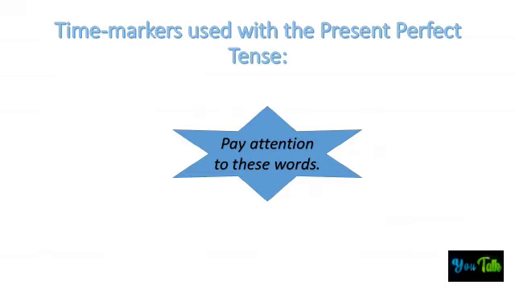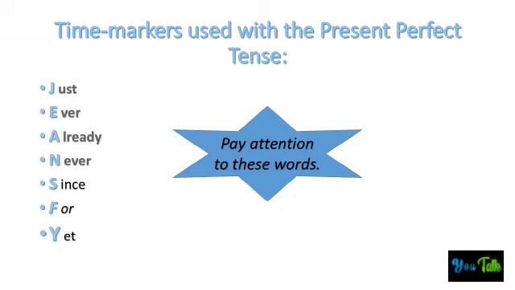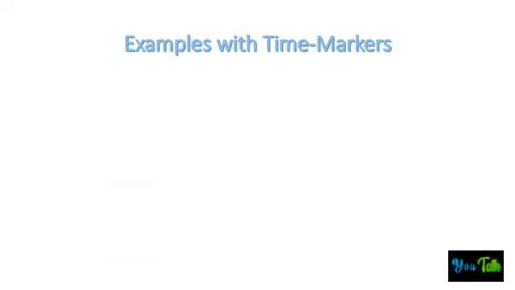Now, pay attention to these words. These words will help you to know that the verb must be in the present perfect tense. These time markers are just, ever, already, never, since, for, yet. Some examples with these time markers are: